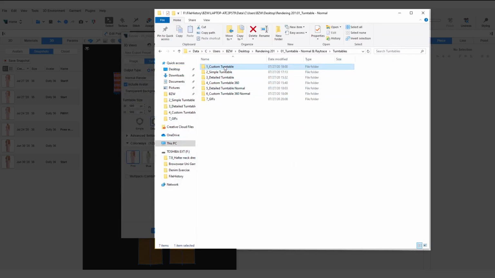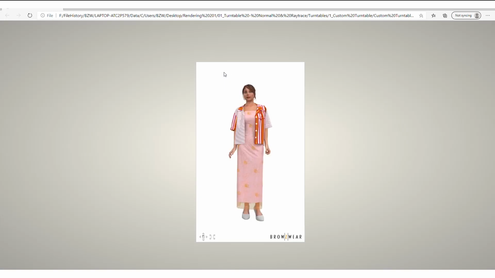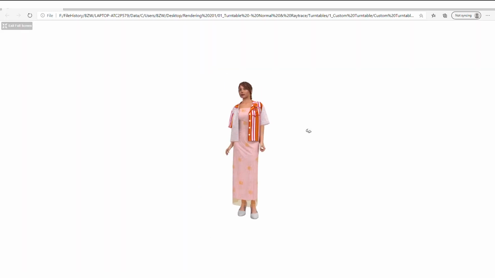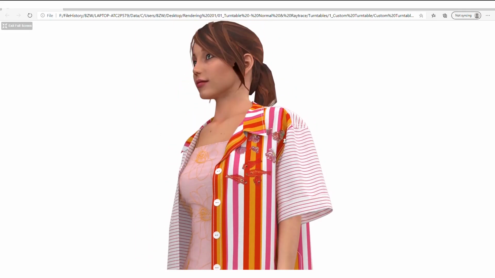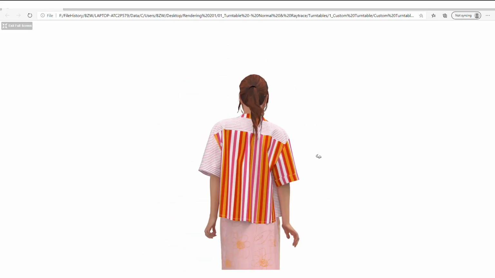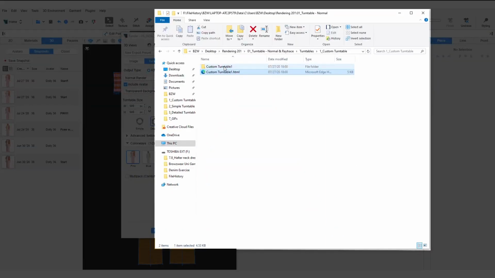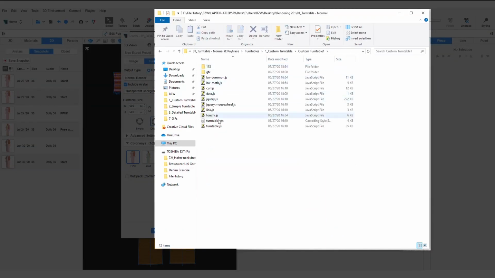Let's look at a saved turntable to understand this better. This turntable can be used to view a 3D garment from different angles without needing VStitcher. We can open the turntable in full screen, zoom in and out, and turn the garment around just like a 3D object. Looking at the associated file folder now, we can see that it contains several JavaScript files and image